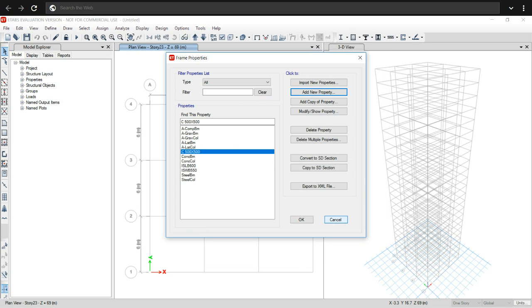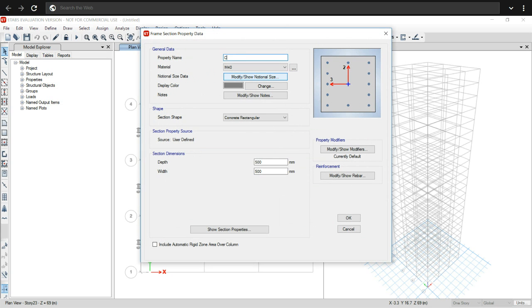Then OK. Now we will choose Add Copy of Property, then name another column C550 by 550. Change its depth and width. As we are using Add Copy of Property, we don't need to go to Modify Show Rebar.